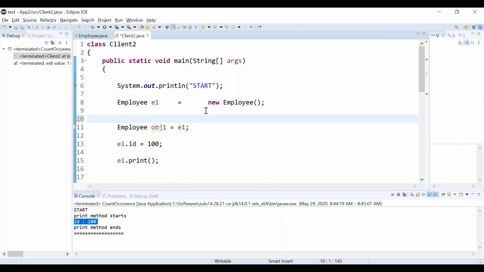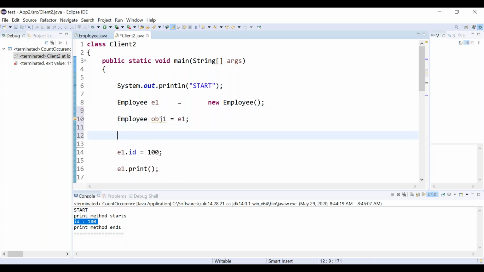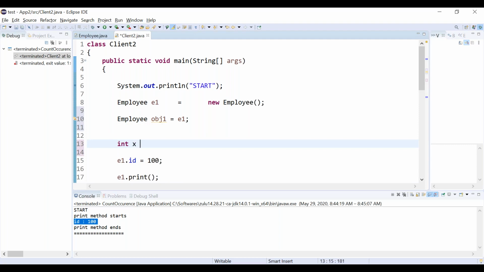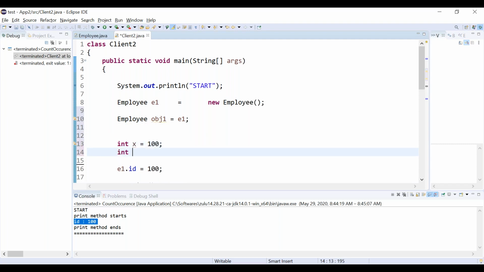We have already seen primitive data types, right? Consider int x equal to 100, and you are assigning int y equal to x. What it means is whatever x is holding, 100, y also will get it. Both x and y will have the same value. Same way here, when we are assigning, it's not like one more object will be created.